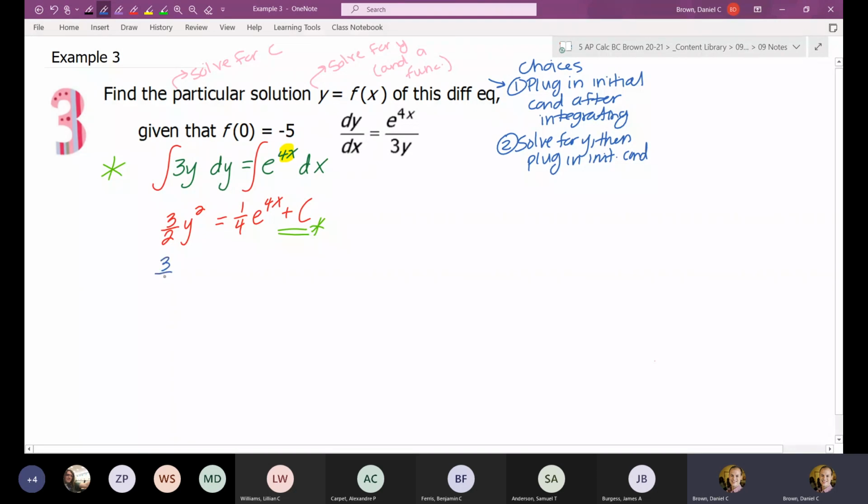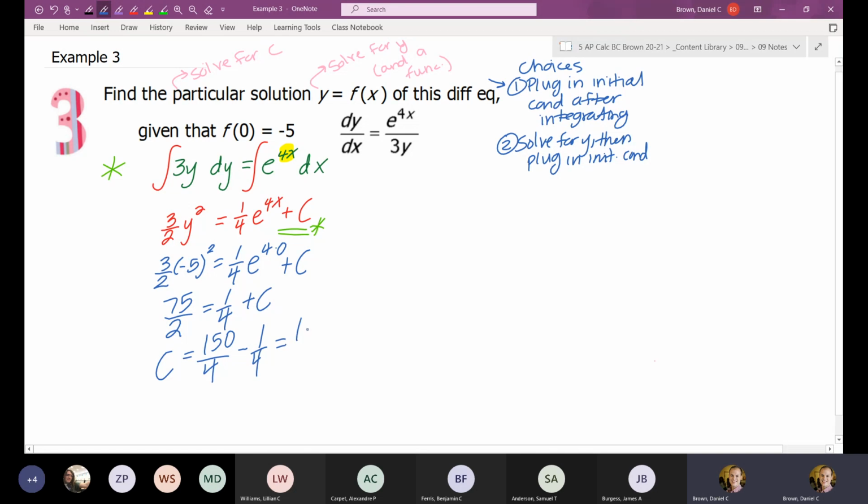So I have 3/2 of -5 squared is equal to 1/4 e to the 4 times 0 plus c. Let's see, -5 squared is 25, 25 times 3, that's 75/2 is equal to 1/4, e to the 0th is 1, plus c. So c would be equal to 150/4 minus 1/4,